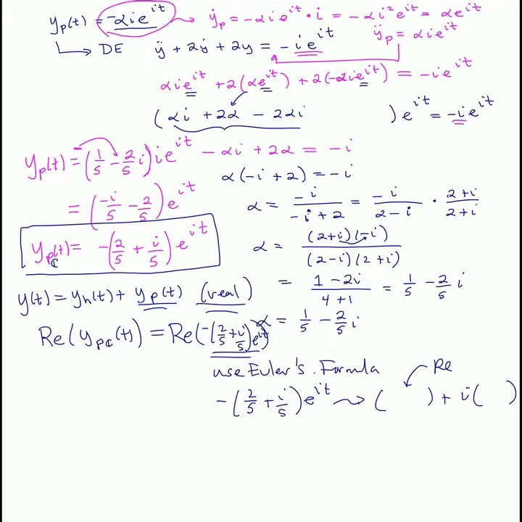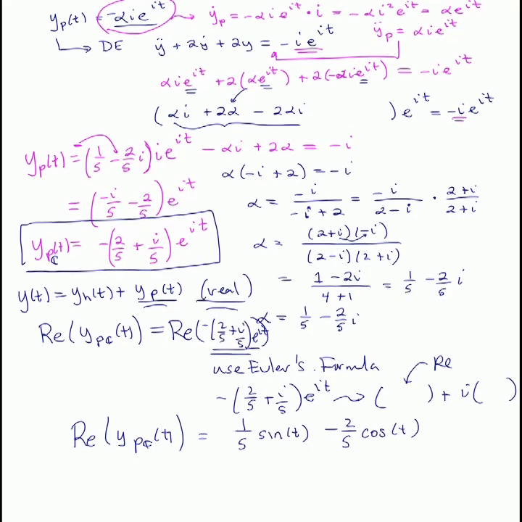You will find that the real part of the complexified particular solution will give you 1/5 times the sine of t minus 2/5 times the cosine of t,